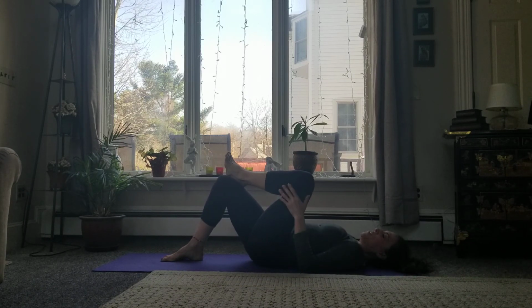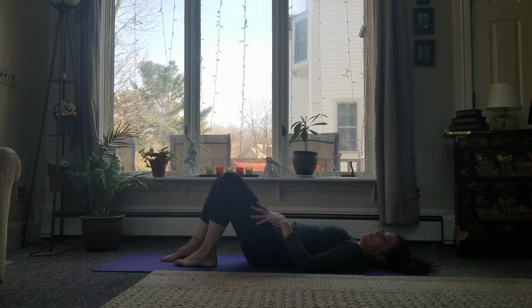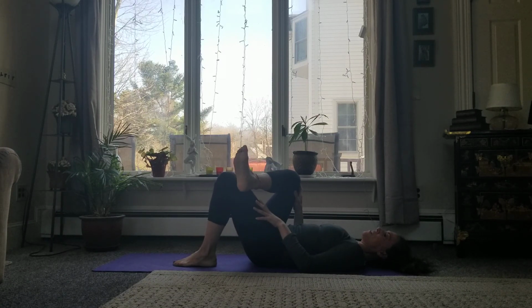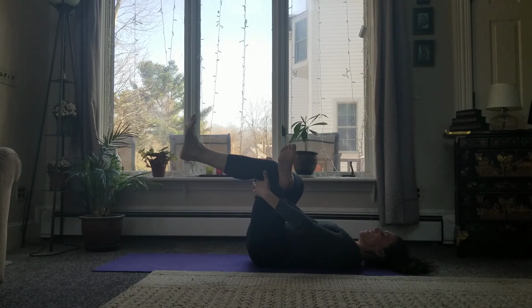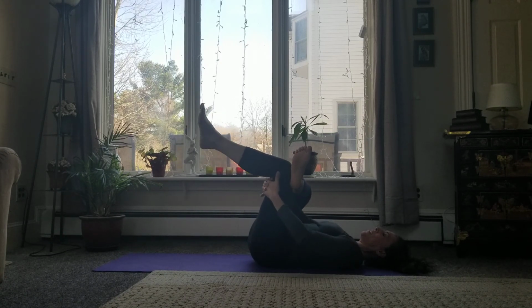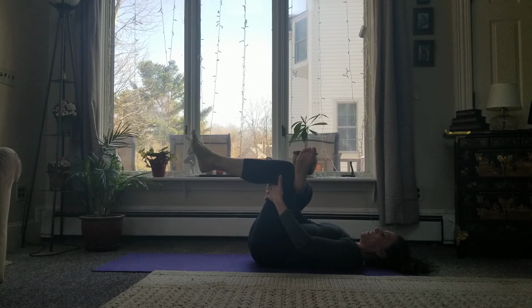All right, let's try the other side. So left foot comes down and right ankle comes on top. And getting that knee out. Again, hips, just feel them align. Sides of the hips reach. Sides of the chest lift up. Keep everything aligned. As you bring the left leg in, and again, feeling that stretch, the outer right hip, hamstring,